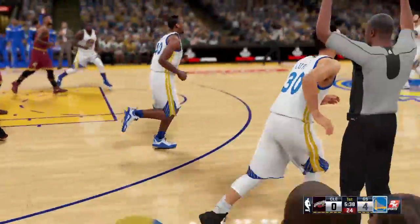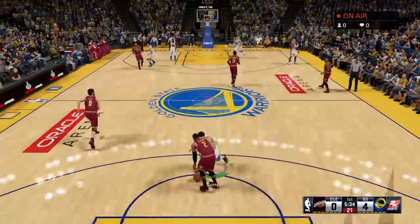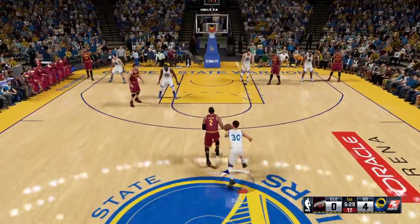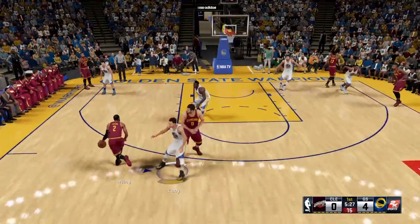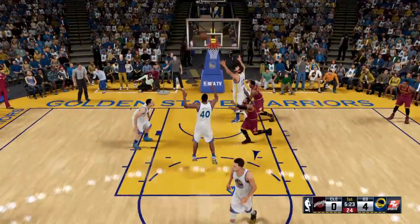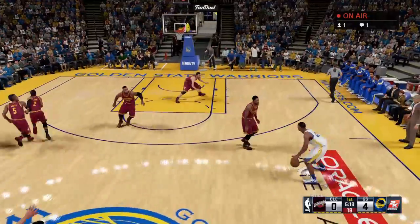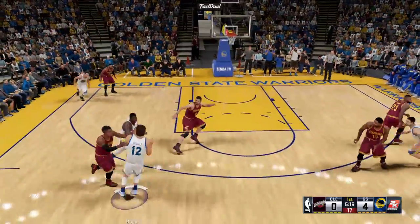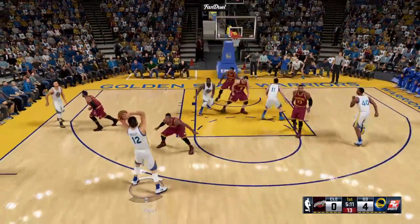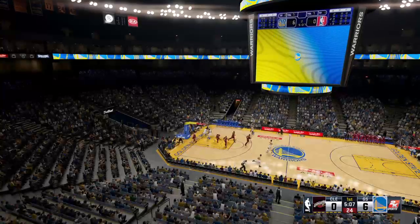Curry gets the bucket. Here's Irving. Love with the screen on Curry. Kicks it out to Love. Again, Love missing. Outside, Green. It's deflected. Back to Bogut. Some nice passing by Golden State here. The drive by Green, and it is flushed down with a nice...